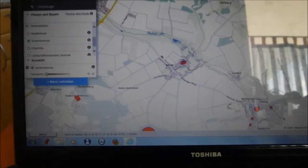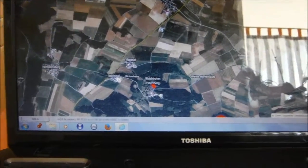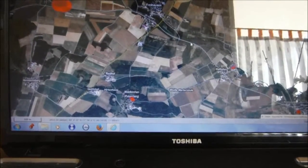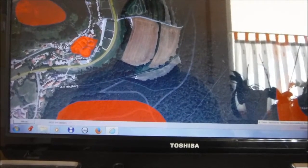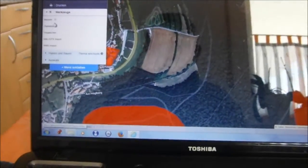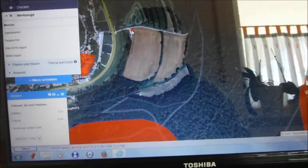So this is just to show you something quickly, because people say, where do I get? How do I get all the information? Let's close that down. So let's say I want to see Hornstein, it is a very interesting area. So I got permission for this field right here. So I can actually go onto Werkzeuge, onto tools, and I go messen, which is